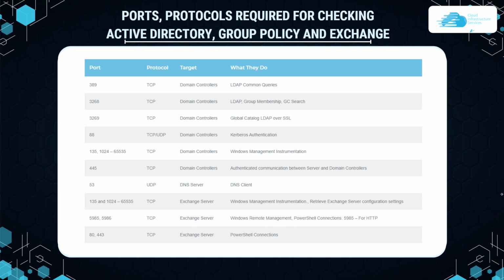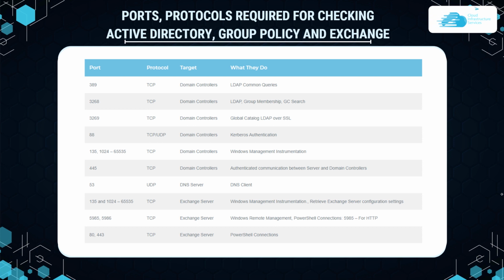For Windows management instrumentation, we have the port number 135, and then we have a range of ports starting from 1024 going up to 65,535. For authenticated communication between server and domain controllers, we have the port number 445. For a DNS client, with the target being the DNS server and the protocol being UDP, we have the port